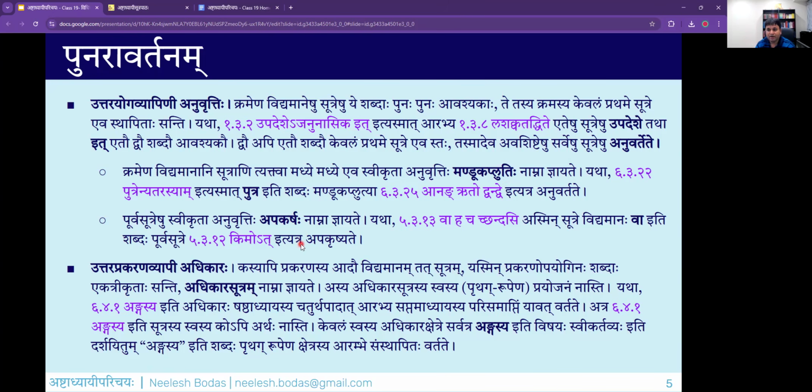And equally related is this concept of adhikaraha. So a topic heading or all the words required for a certain prakaranam are extracted in a separate sutram at the beginning of that particular prakaranam. This is called adhikaraha. For our day-to-day conversation, we differentiate between adhikara and anuvritti, but we also saw that in Mahabhashyam, everything is referenced by the single word called adhikara. So with these basic fundamental tools, the anuvritti, mandukapluti, apakarsha, adhikara, and so on, let us now directly jump to